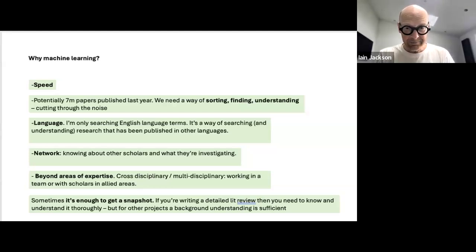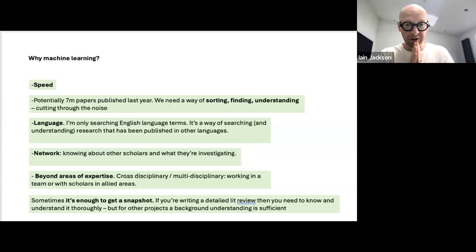Language difficulties. I'm only searching in English language terms. You can now use AI to search across multiple languages. So in my own field, people are writing in Spanish, French, Portuguese. It'd be useful for me to have quick and ready access to those papers before I do a full translation and spend all that time. A rough and ready translation is often adequate for what I want. And equally, if English isn't your first language, well, it's incredibly useful to read something in your mother tongue to grasp the basics of it before you invest the time to study the paper in more detail.